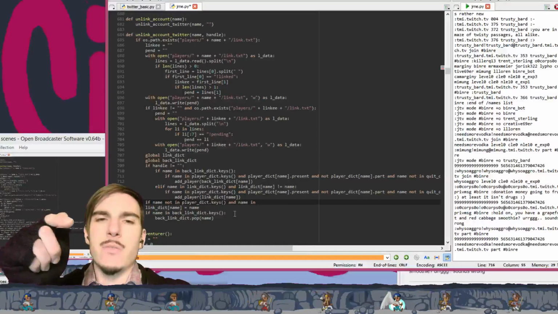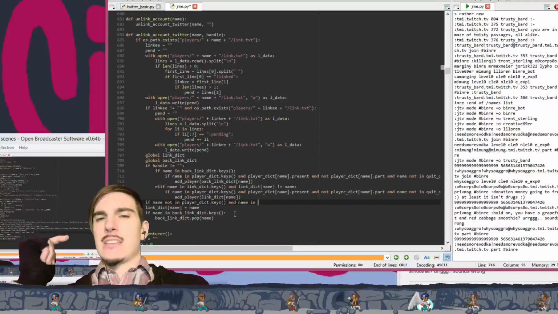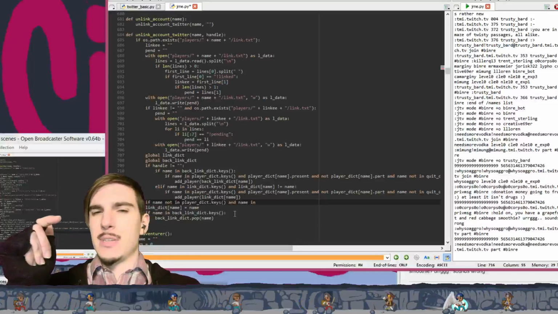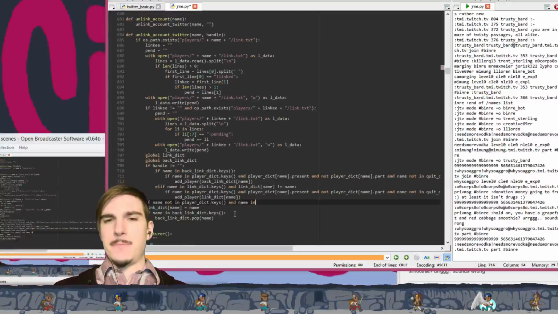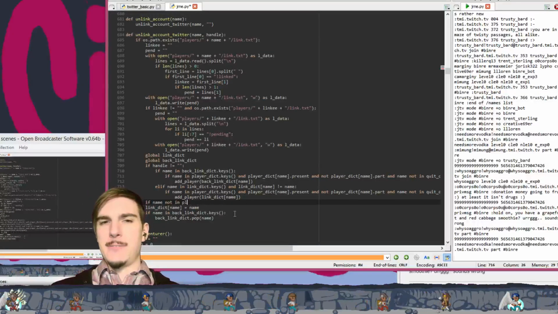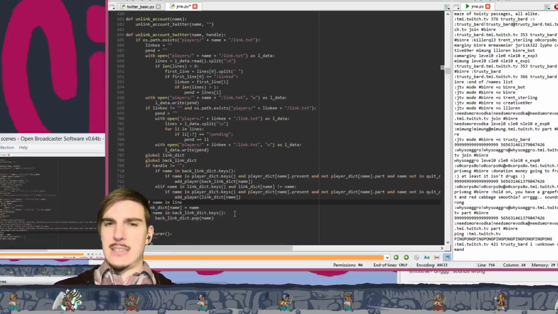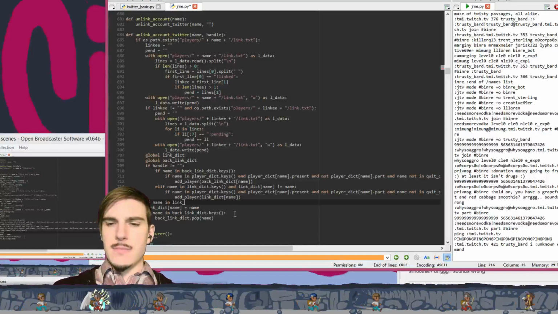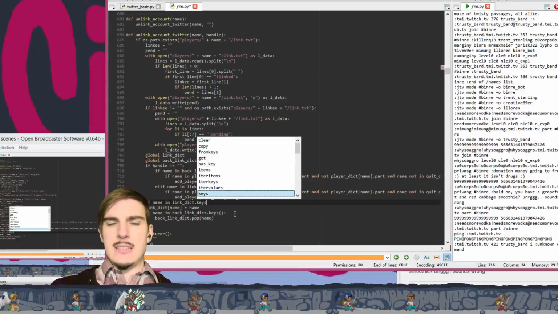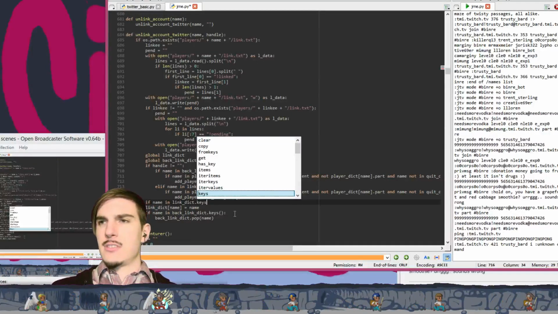Wait, no. The name has to be in player dictionary keys at this point, because we already added the player before we did this. So that's impossible. So no, what we want to check is if name in linkdict dot keys and